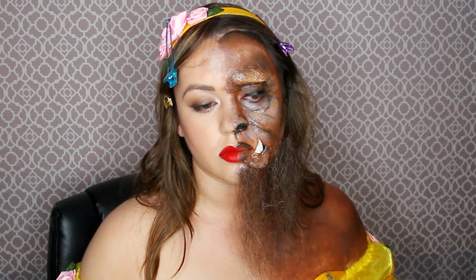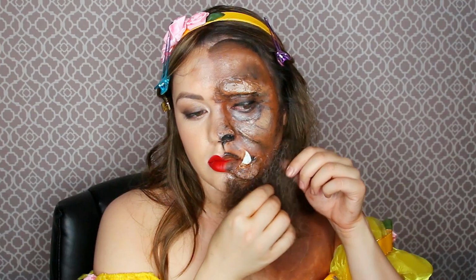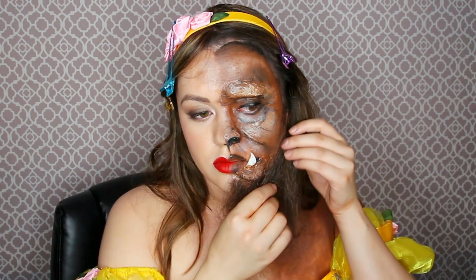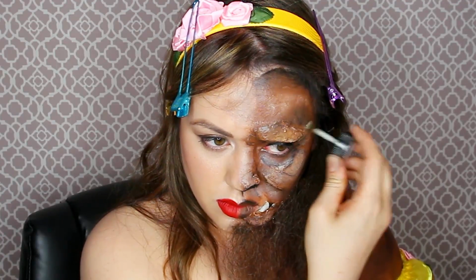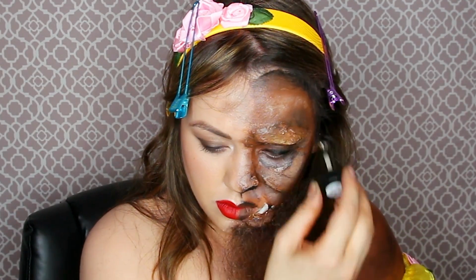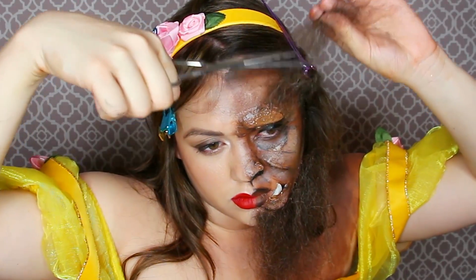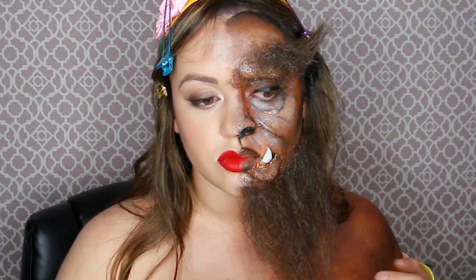We're going to do one strip, and then another strip and another, just with scissors. Make sure you don't get them too close to your face where you chop bits of your face apart, because that's not that type of Halloween video. And then I'm going to go even further and get that spirit gum and put it on that brow area that we made to lay an eyebrow, a crazy thick eyebrow. Now this looks very big, but we're going to comb it through,